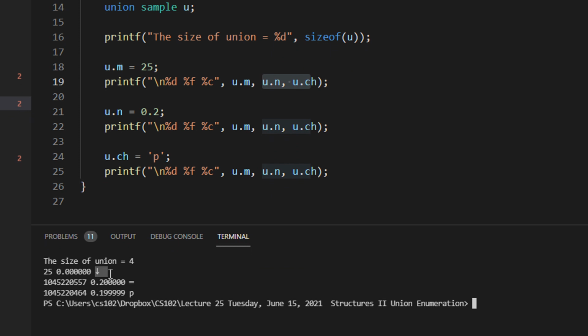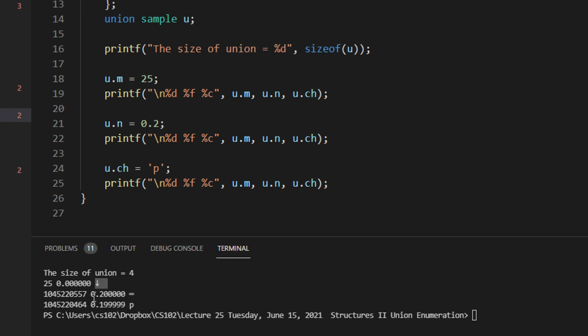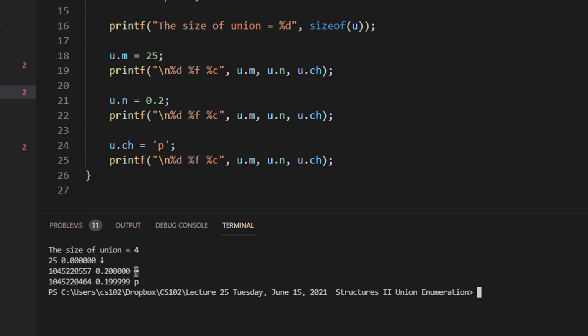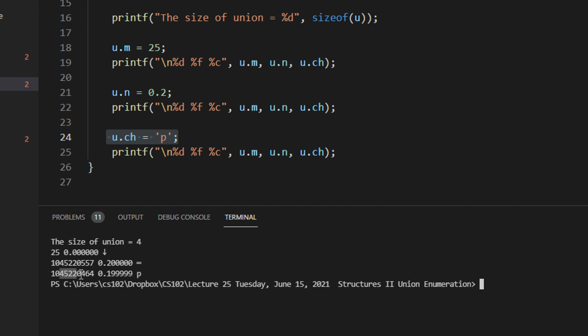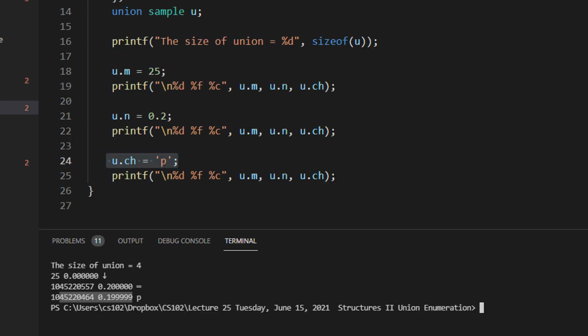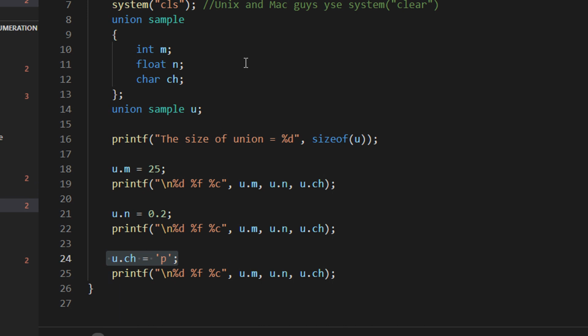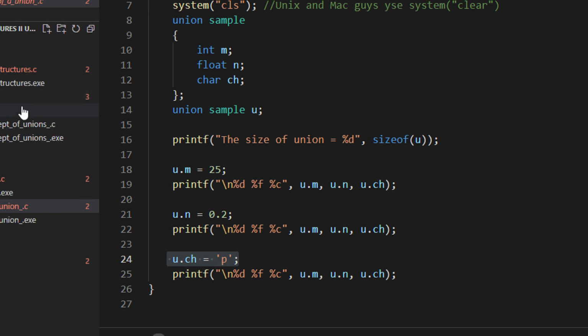So this is a character, down arrow key. Then I'm storing n which is a float. So you can see the float is recovered properly for 0.2, but the others are kept as random values, because the entire memory allocation of 4 bytes is occupied by that particular variable. Then again I'm having a character p. So in this case I'm having the character correctly, but the integer and the float are taken as random values. Fine. So just to show the example of a union where it actually shares the memory location, and basically it will be overwritten.